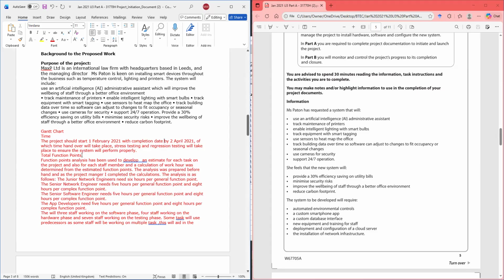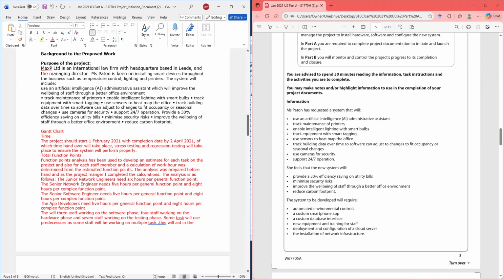And we are going to use function point analysis, the functional point analysis that we have on our set task brief, to develop an estimate for each task on the project and also for each staff member.